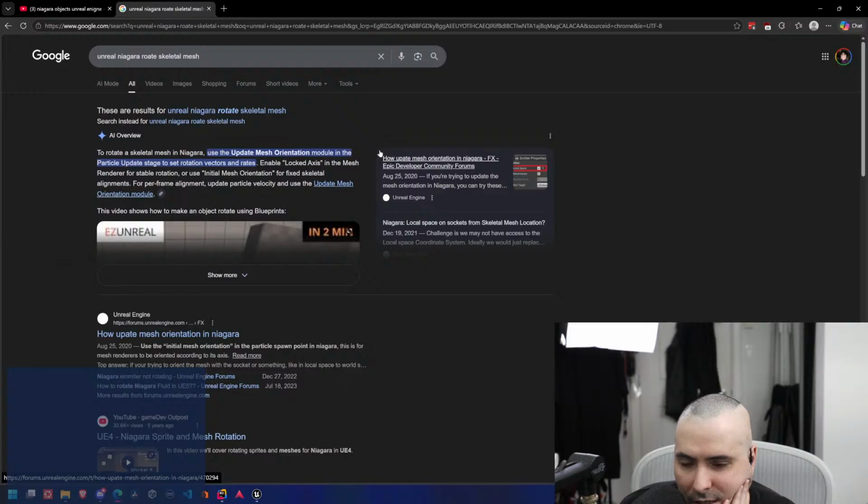Use update mesh orientation module in the particle updates.